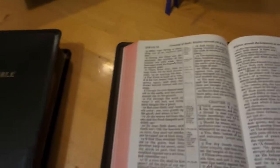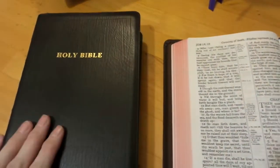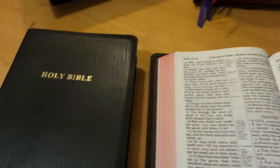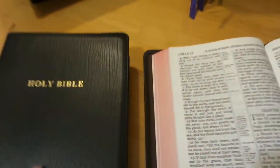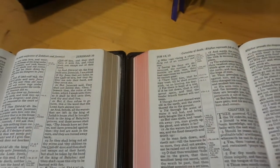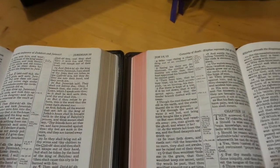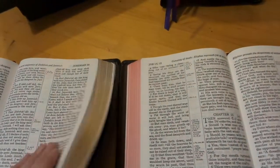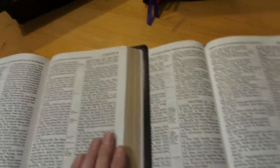Here you will have the Church Bible Publisher. Sorry, it's kind of late right now. I'm getting kind of tired. Church Bible Publisher Turquoise. So you're getting the same exact font, and I am telling you guys, Church Bible Publishers did a great job, because now that I have this Turquoise Cambridge, which has